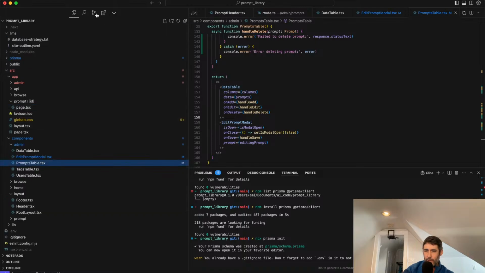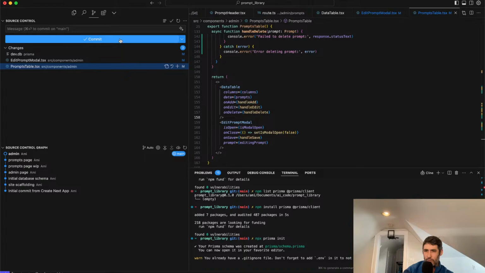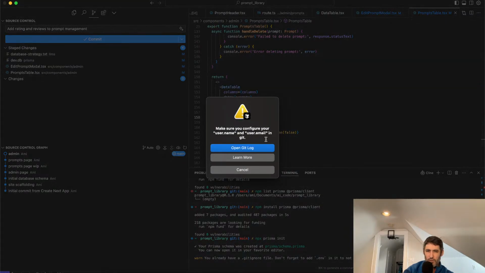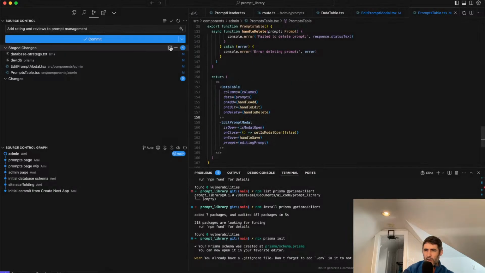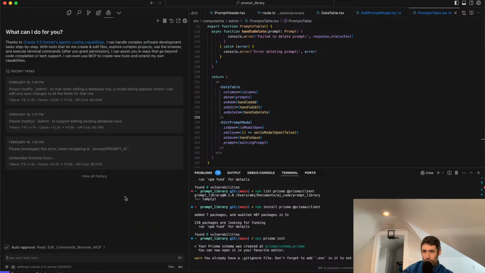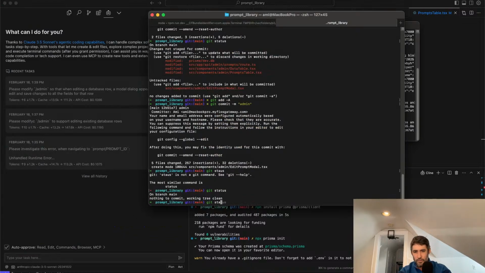We can make a quick commit. Sure. Cancel. Okay, it's not happy right now, because it wants me to configure my username. I'm not going to do that right now. What I want to do, though, instead is I just want to confer with Cline really quickly and say